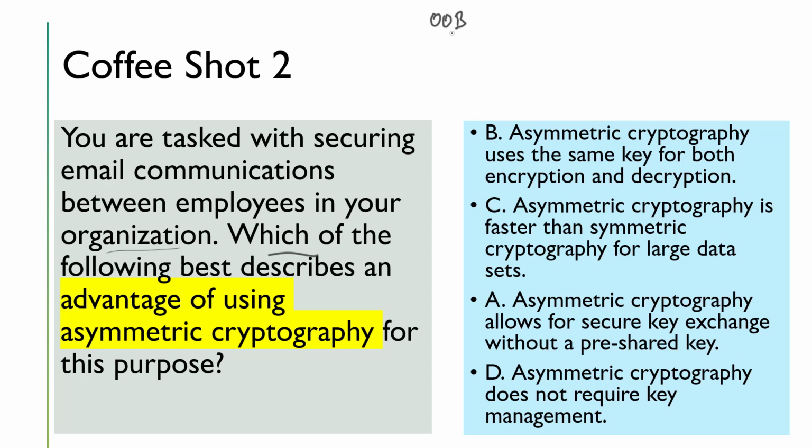OOB, out of band, like sending a key by SMS or calling that person and dictating the key. One of the most secure forms of sending a key is physically handing over the key, which is not possible in the internet industry. That is why today we use asymmetric with symmetric, but here we're talking about asymmetric cryptography as an individual concept. So in asymmetric cryptography, what happens is we have a system A,